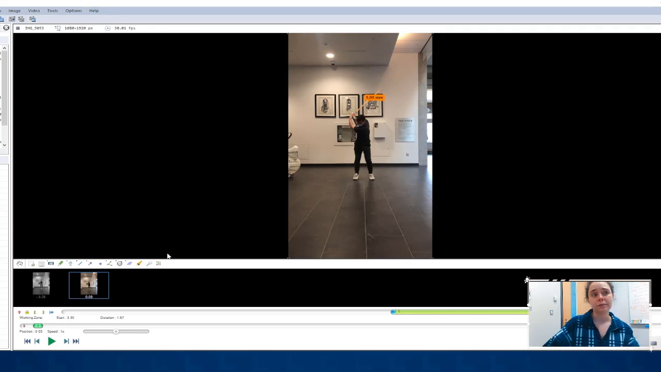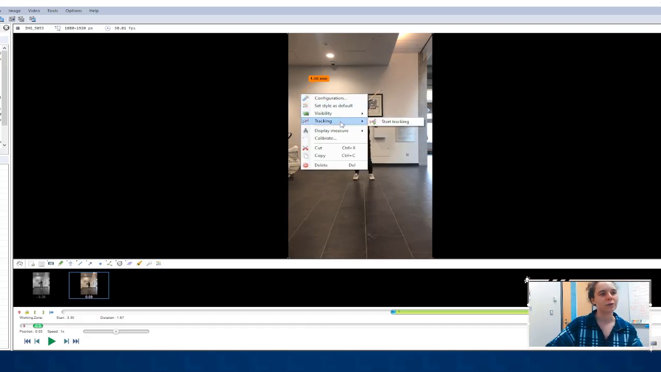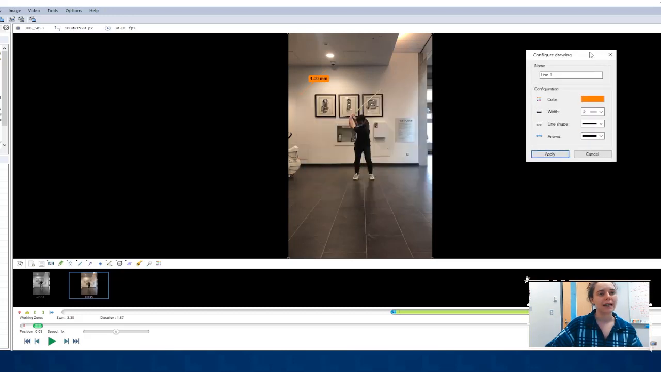And now I have my known distance highlighted as a line. I'm going to hit my move tool, left click my move tool so that I can safely move that new line I've created off. And I'm going to right click that line and go to visibility, and I'm going to hit always visible so that stays in frame during my whole video. Then I'm going to right click again and go down to configuration, and I can rename the line if you want to. You can hit apply,